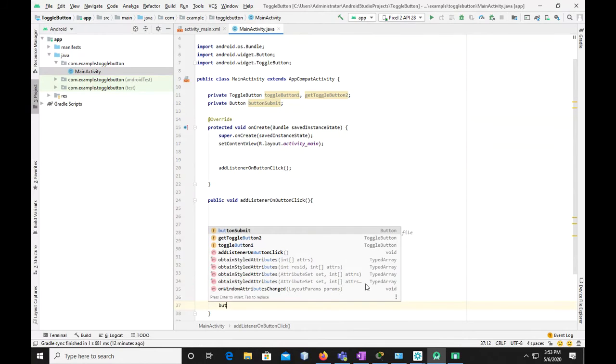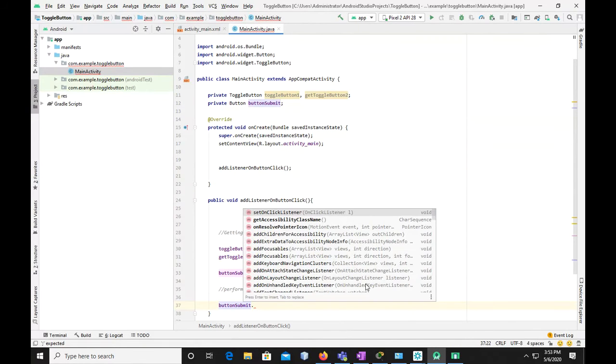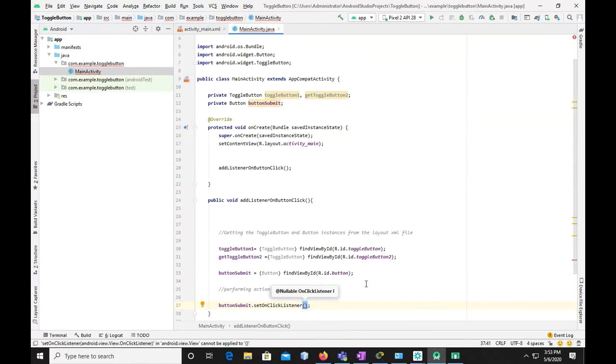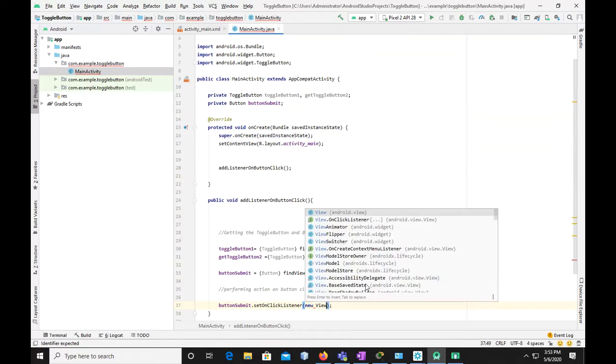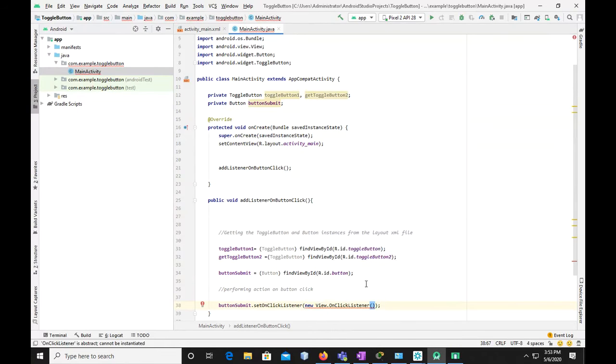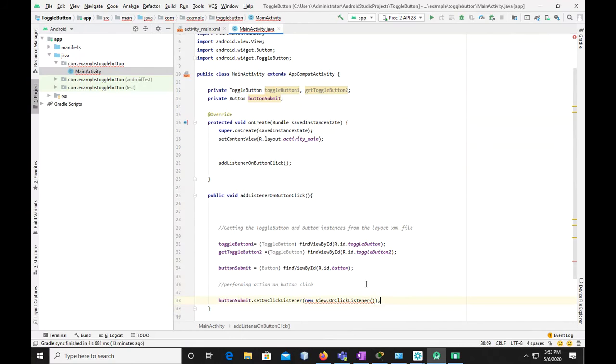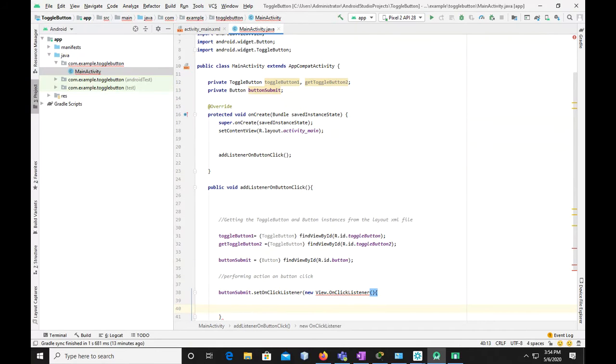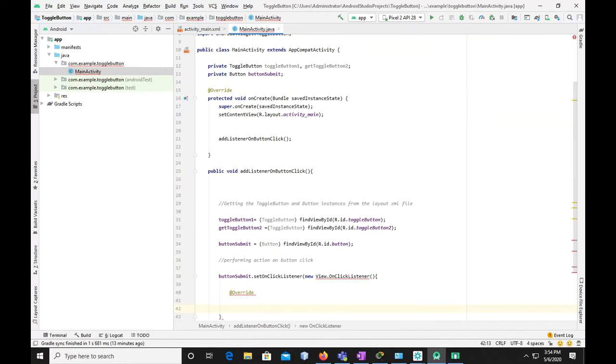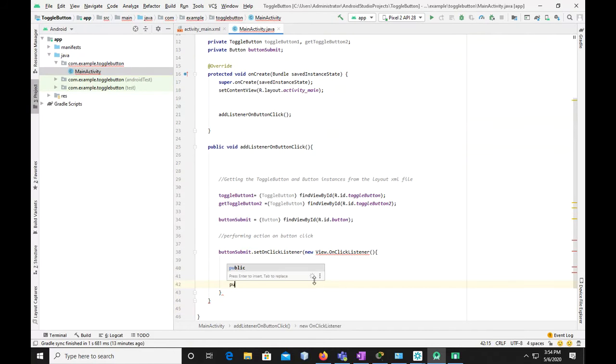So that's button submit dot setOnClickListener, and inside it, new View.OnClickListener. And then we're going to override the method. What's the problem? New View.OnClickListener. Okay, override, we're going to override public void